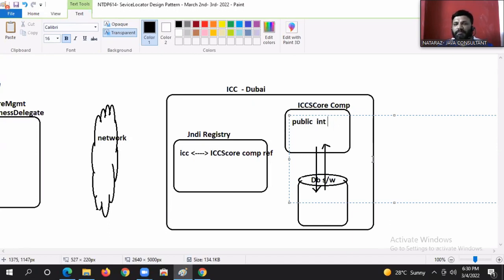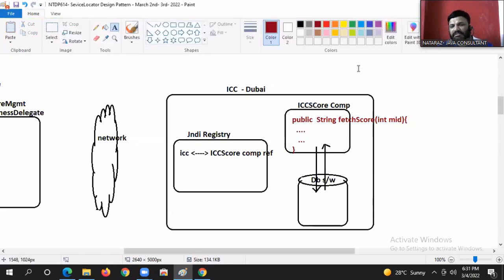Public string only, fetch score. What is the method? Fetch score of MID. Here is the logic. I am not involving microservices. Right now, I am not involving any kind of microservices. I'm just explaining with a distributed component. That's it. Yes, this is